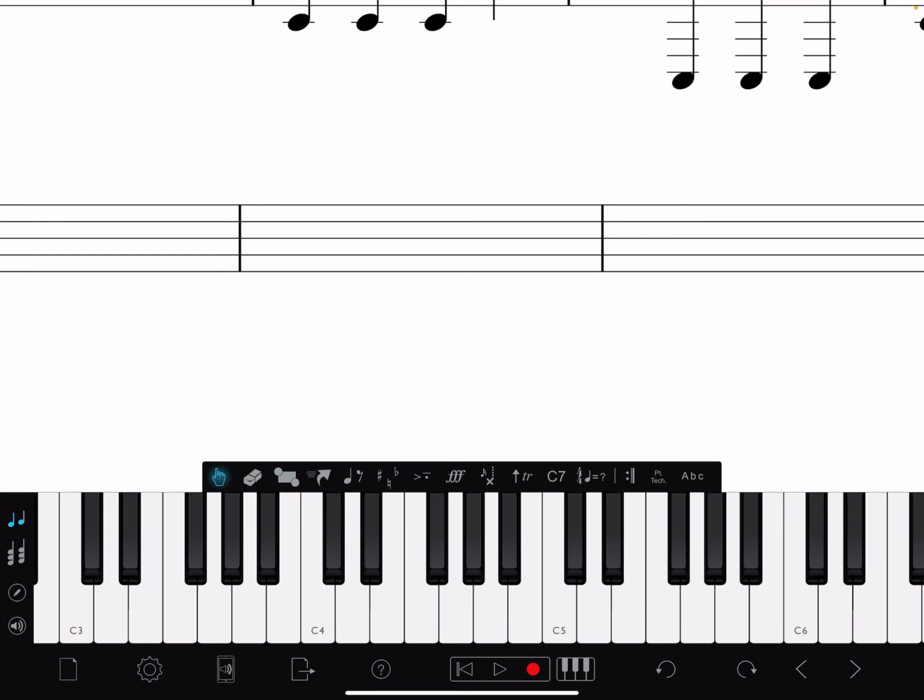If you look at my keyboard down at the bottom, you'll notice that some of the notes are labeled. You see there's C3, C4, C5, and C6. Those are all on the keyboard, the note C, and these notes are 1 octave apart. So if I say play the C3, which is the lowest one on my keyboard here,